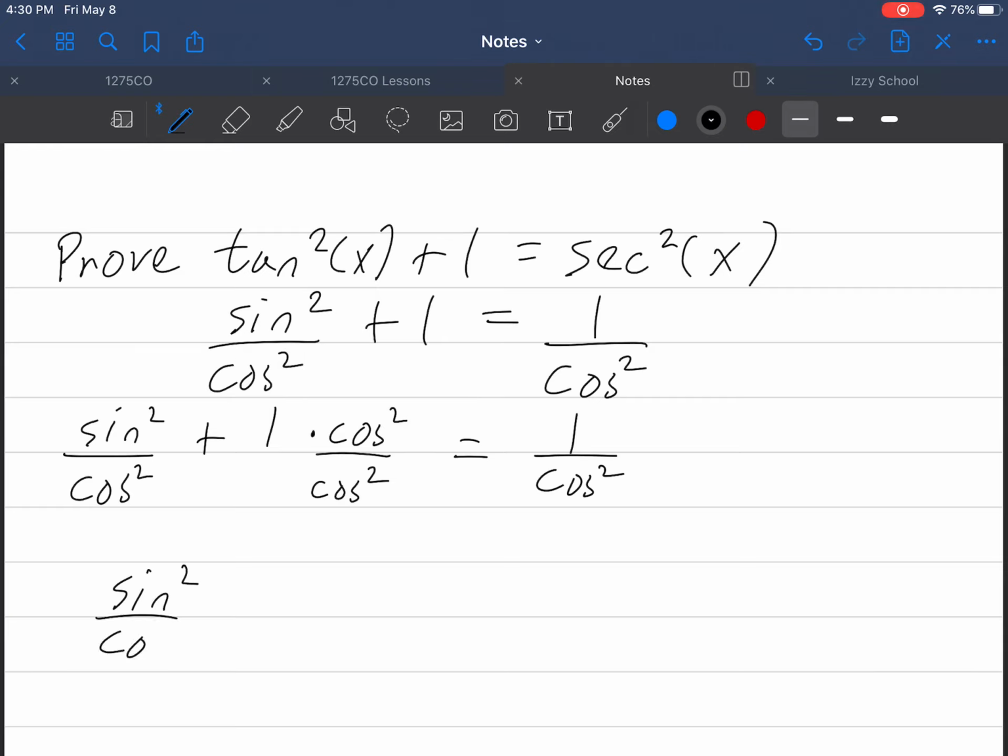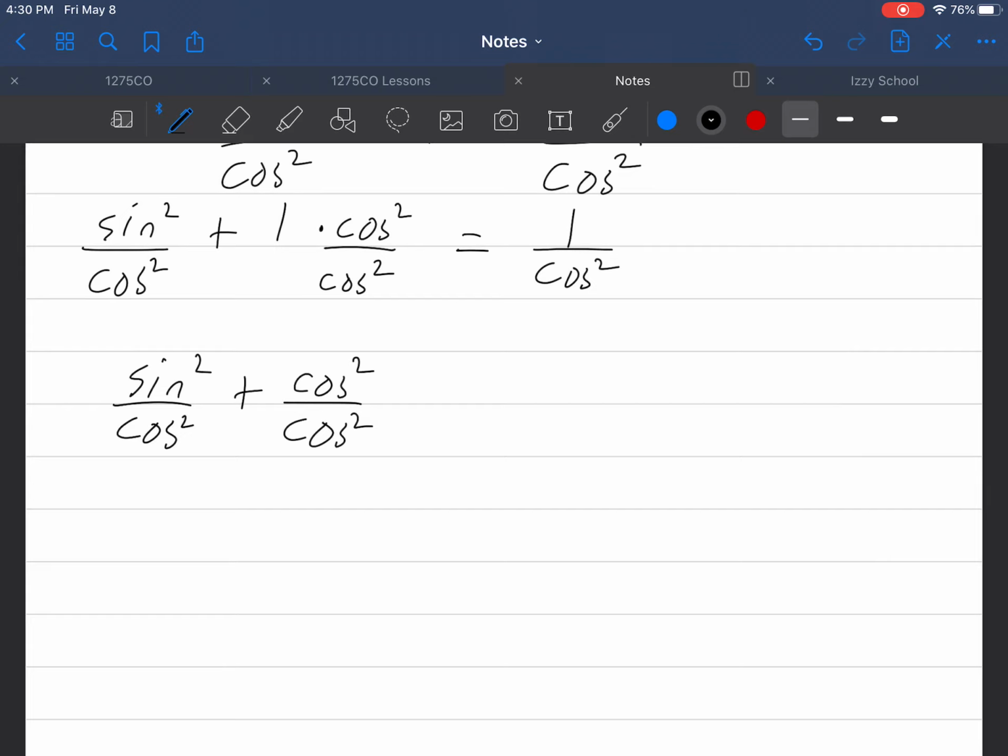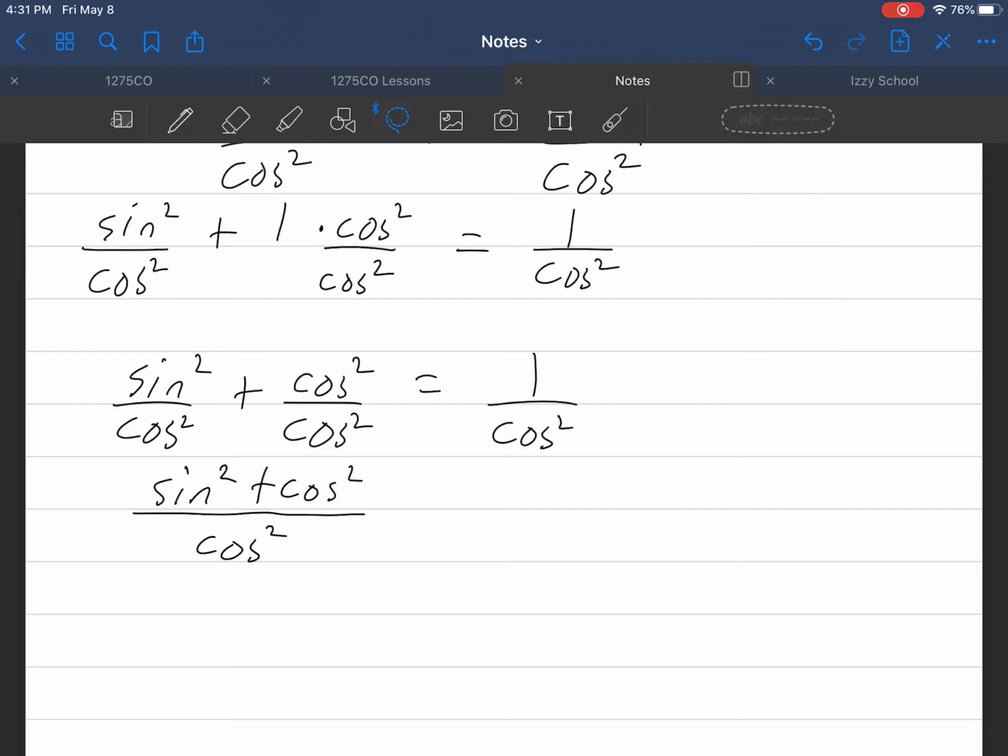Sine squared over cosine squared plus cosine squared over cosine squared is what this becomes. And on the right-hand side, we can keep it as 1 over cosine squared because we can't really simplify that any further. Combining these two fractions, we can get sine squared plus cosine squared over one single cosine squared. And remember, the Pythagorean identity said sine squared x plus cosine squared x is equal to 1, which means that